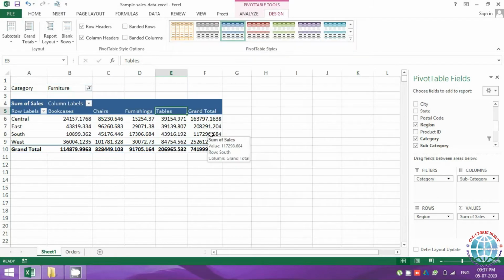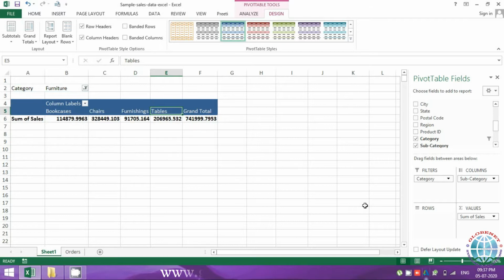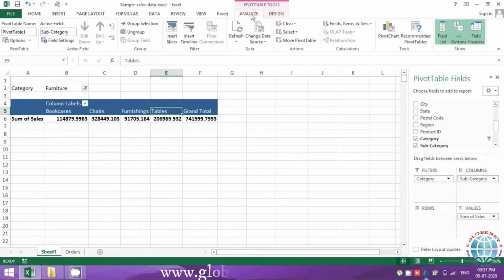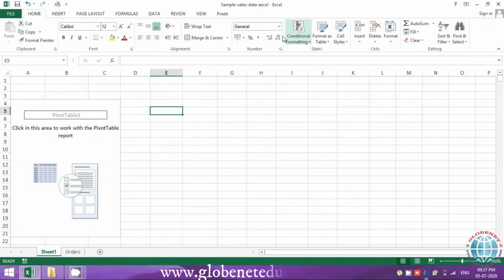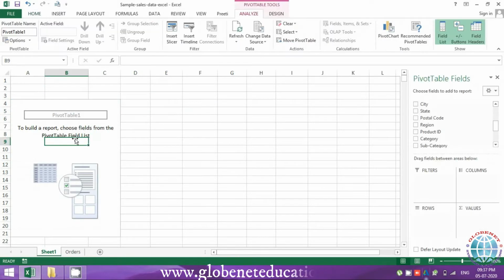Okay, so let's say we want to create a little bigger pivot table now to give a deeper view. Let's say I want to create category and subcategory wise. Let me just clear all this. You can either clear it by removing the column fields one by one, or you go to analyze and you can say clear all. So it removes everything and it gets you back to where it was at the beginning. So you're starting from scratch in that way.